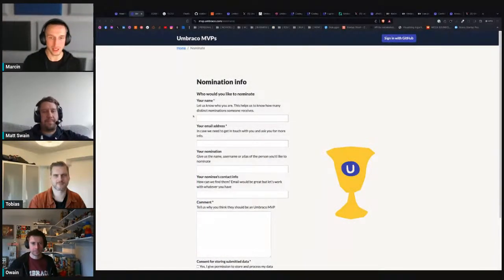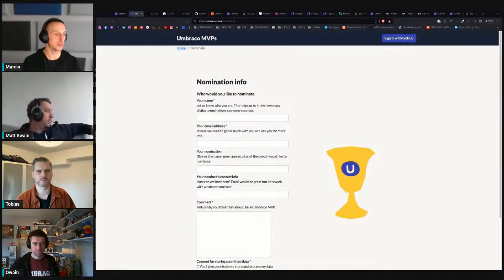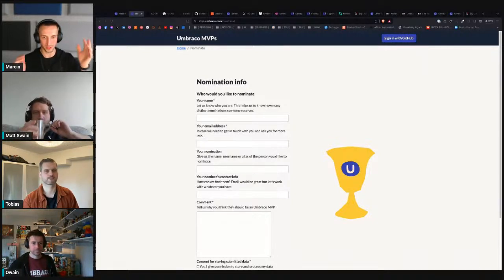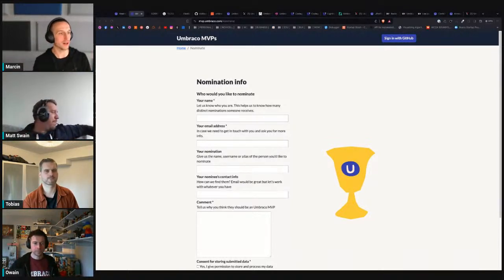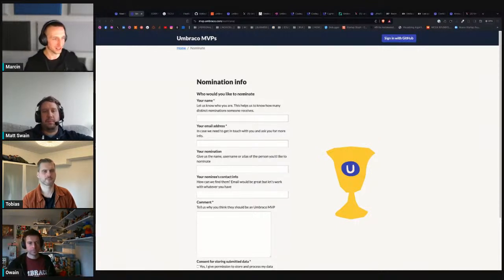And I wanted to mention that because a very important part of the process, not only from the perspective of an MVP or the community member, is to see all of these contributions. Here at Umbraco we try to search for various activities, various things that are happening across the Umbraco sphere. But it's sometimes easy to miss exciting and amazing things that are done somewhere in someone's basement, maybe another Umbraco CMS release, maybe someone forked Umbraco and did something crazier on top of that. No one knows until we know about it. So it's often important to bring it up for attention.